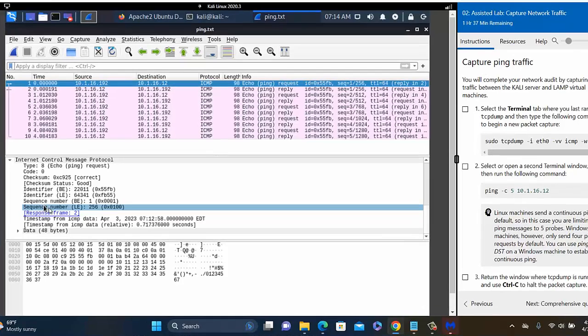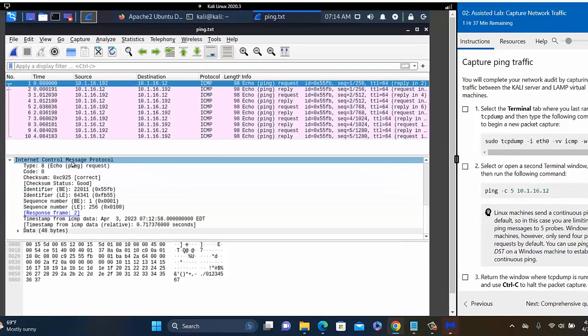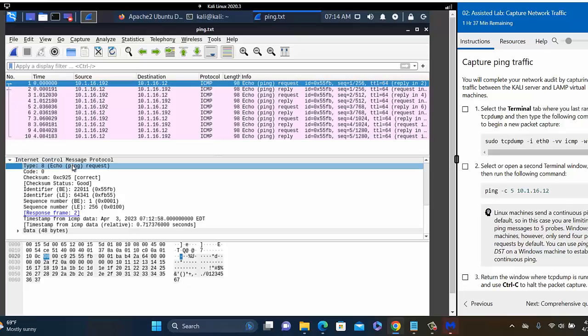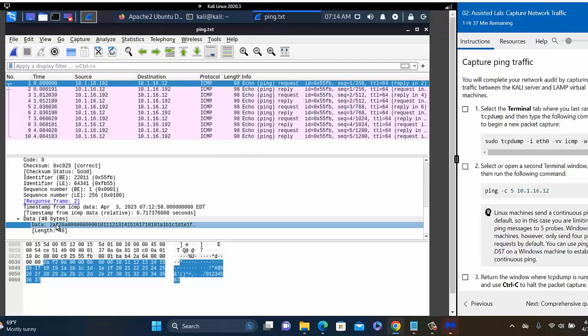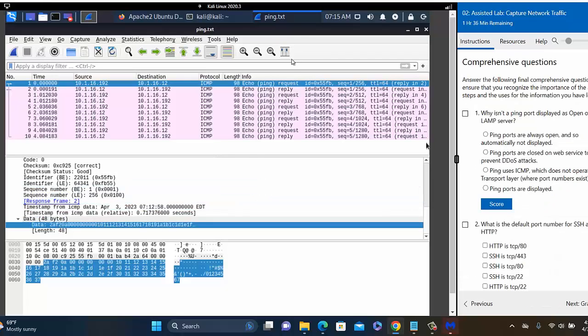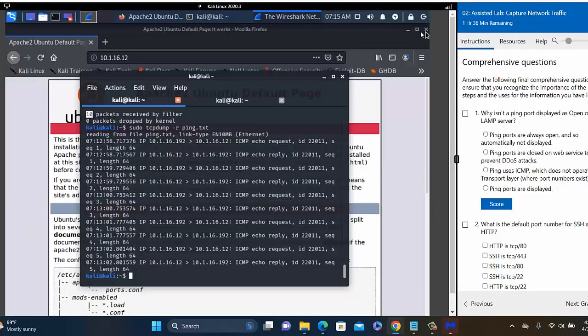You can see this is a ping request. There is a checksum, an identifier, and a sequence number. And there is only data here. The size of the data is 48 bytes, written in hexadecimal, but it is not a specific type of data. So do you understand how to capture the data and how to use tcpdump and Wireshark to capture the data?